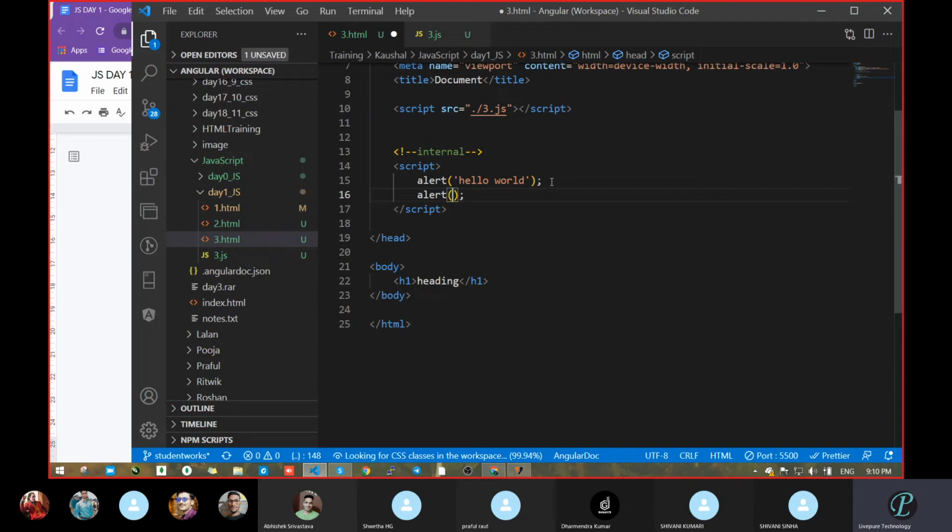So what is alert going to do? Alert shows a pop-up to the user. So wherever you want something like a submission, or registration successful, at that time you can use alert. Can you tell me, the same thing you can do with the help of Bootstrap? So what will you take?